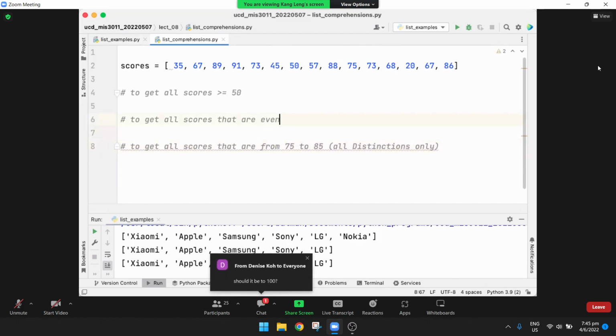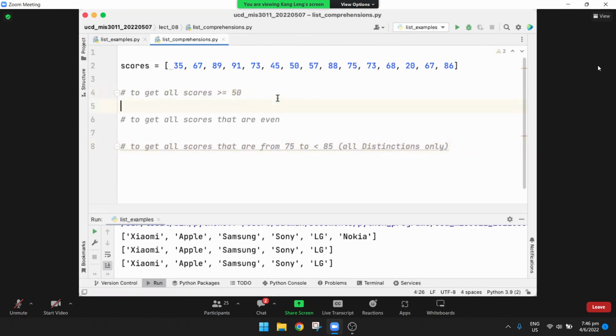Using list comprehensions, we can actually do that. Distinctions are from 75, higher distinctions are from 85 onwards. So less than 85. I'm just getting all distinctions, not the higher distinctions. Okay, so this is very easy. This one is just